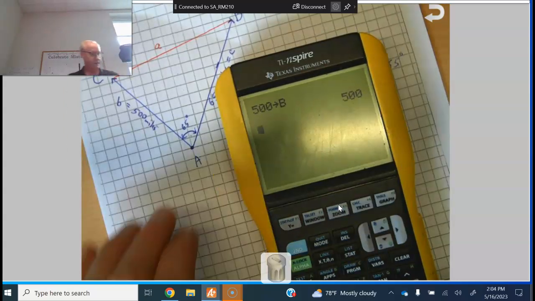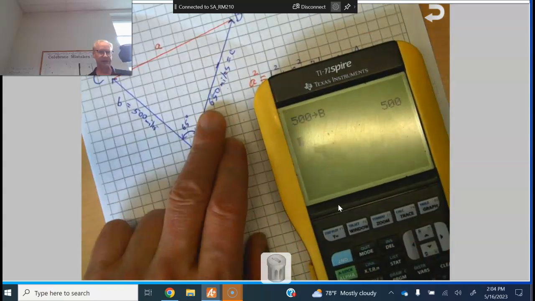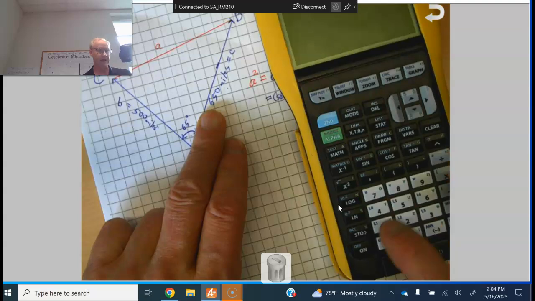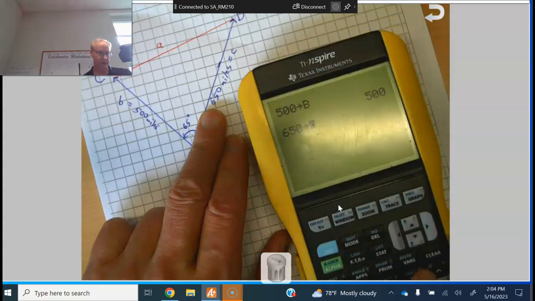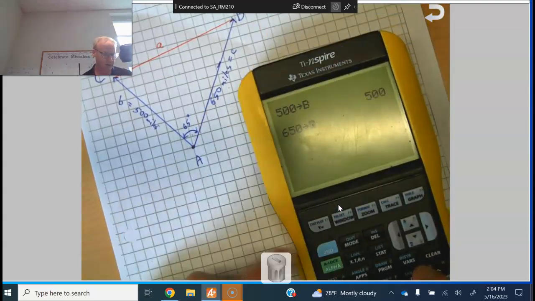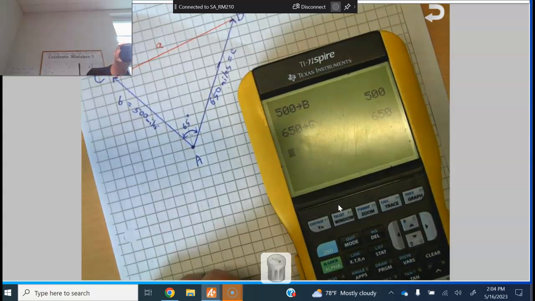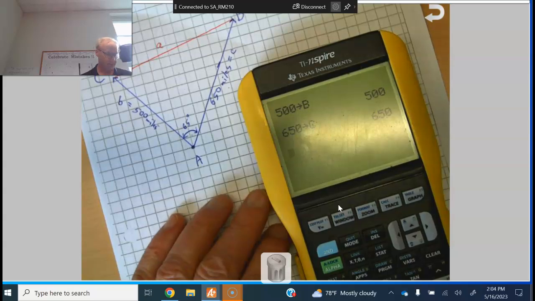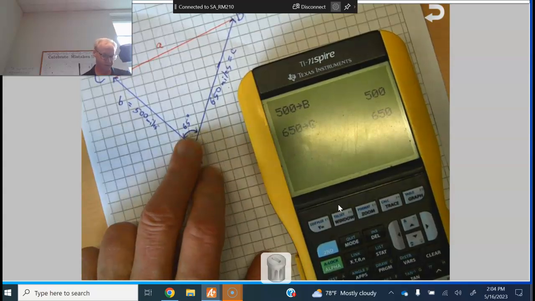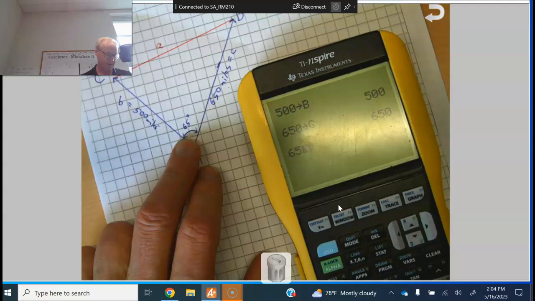All right, the next one is I'm going to call C. So 650 is going to be C. I'm going to put 650 and then store alpha C. So now B is 500, C is 650, and my angle A is 65 degrees. I'm going to store that as A,